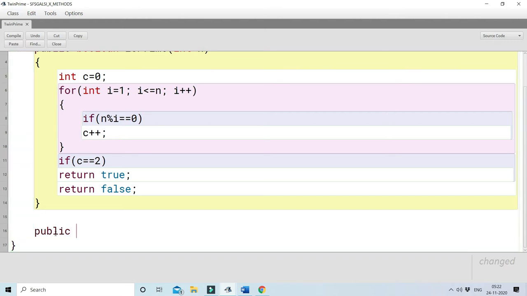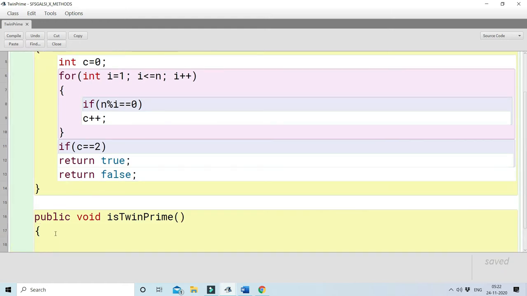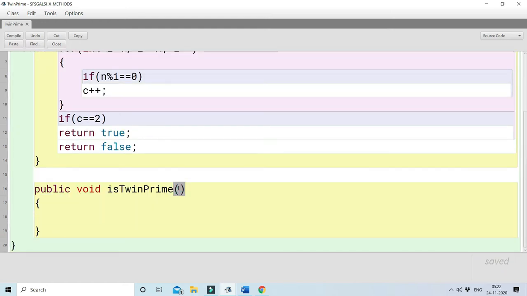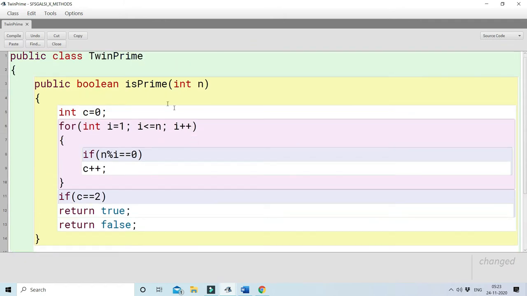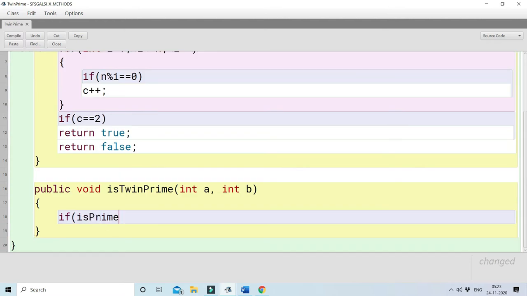Public void isTwinPrime, like that, and I'll take two parameters, because two numbers, integer a and integer b. I'll check if. Now I'll use this function isPrime. If isPrime a and isPrime b, that means if both numbers are prime, and